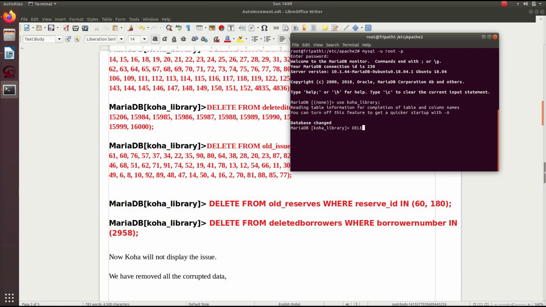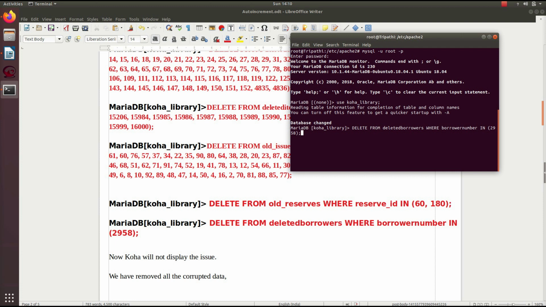Now I have to write the command: delete from deleted_borrowers where borrowernumber IN (2958); and hit enter.